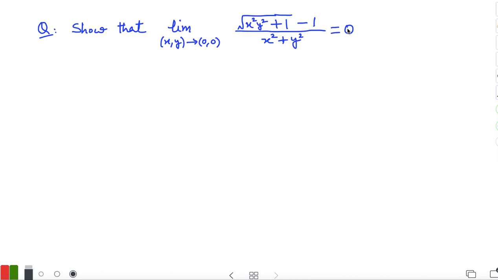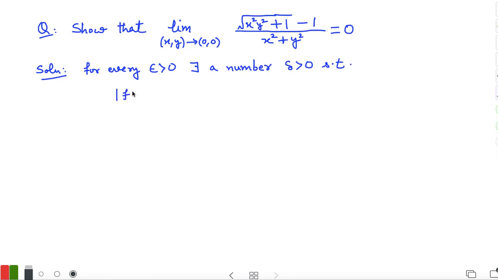So we have to prove that the limit for this function of two variables at the origin is 0. So we'll use the epsilon delta definition to prove this result, and the definition says that for every epsilon positive there exists a number delta positive such that